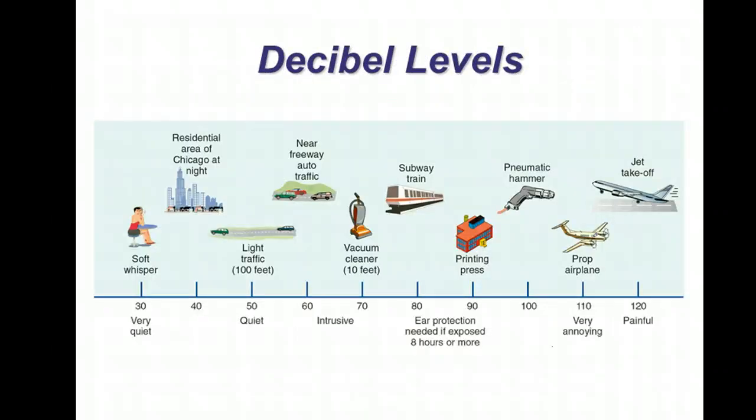Same thing with decibel levels, noise, you know. A jet taking off is 120 decibels, and very quiet is much lower. The other thing about this too is, most companies, in any sector, private or public, are going to be very aware of this stuff because there are people who are going to have injuries or disabilities caused by these noise levels. They're going to lose some hearing after a while. So, if for no other reason, to protect yourself down the road, because you're going to be held responsible.